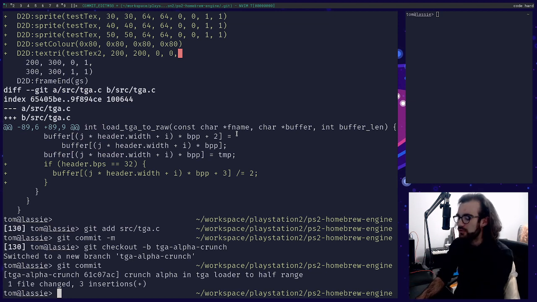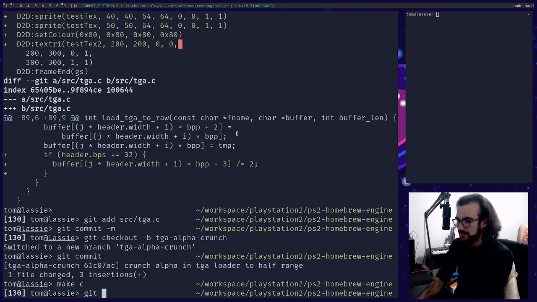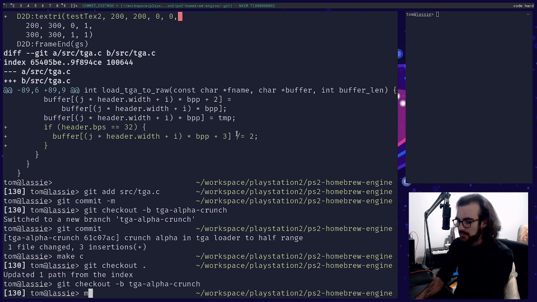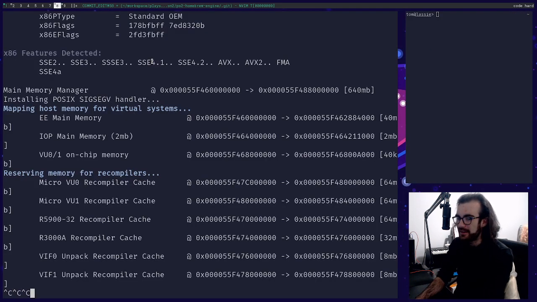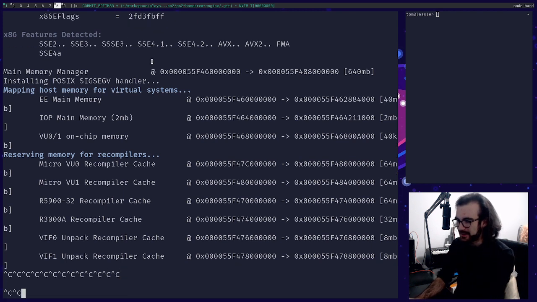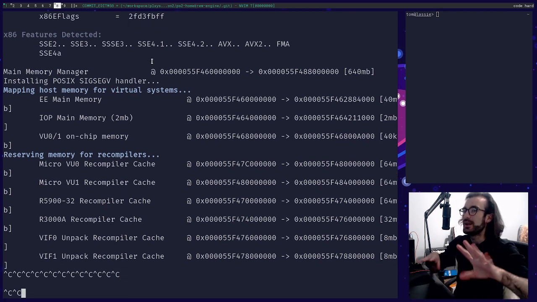So let's try. What happens if I make run from here, right? Well, apart from that. I'm actually going to remake some makefile changes from the last stream that I completely forgot about and nuked when I reset my branch there.